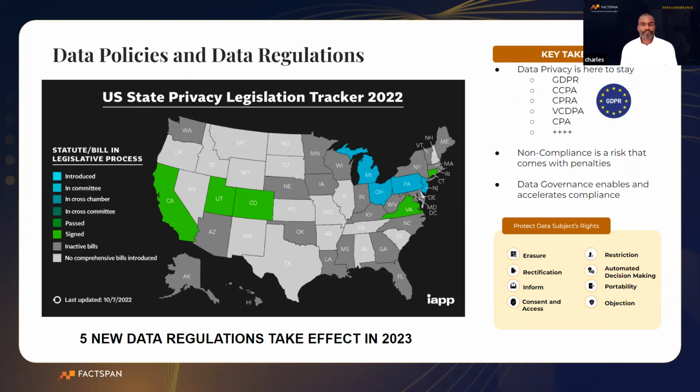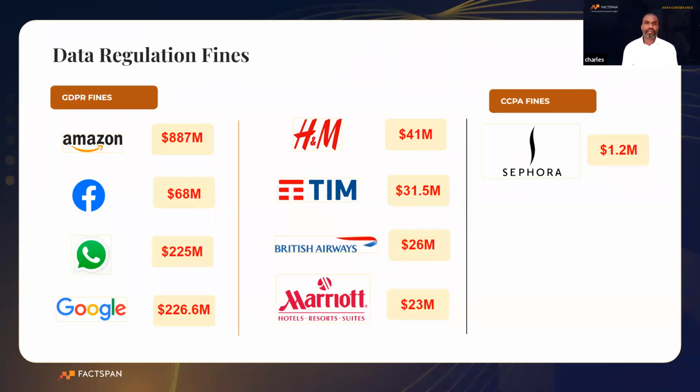If we go further, we're going to talk a little bit about some of the fines. So just to highlight some of the organizations that have been hit already by GDPR and CCPA, California had recently had their first organization. Sephora was fined $1.2 million, which was relatively small in comparison to the $887 million that Amazon was fined for non-compliance with